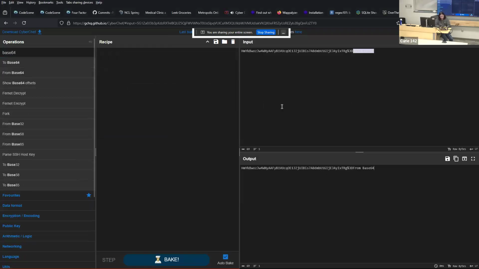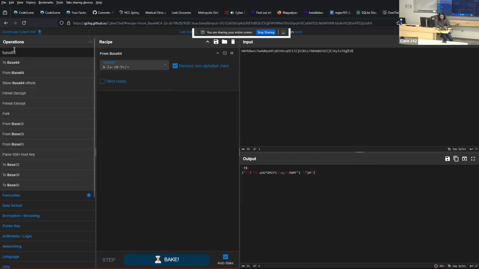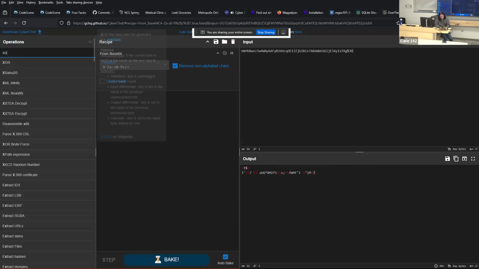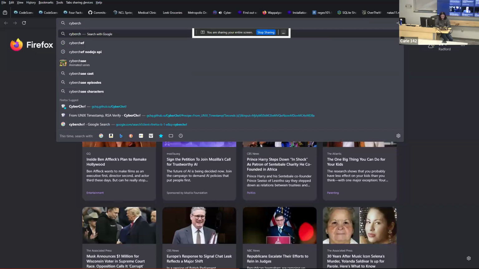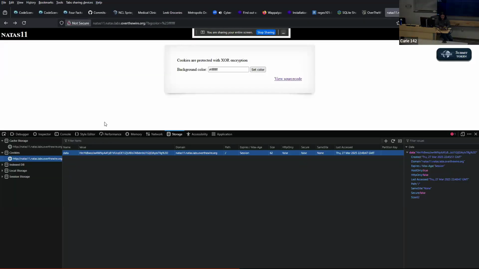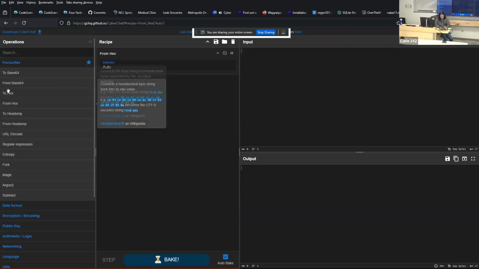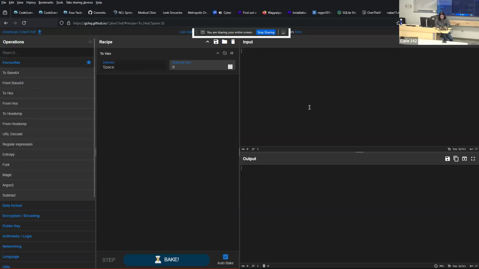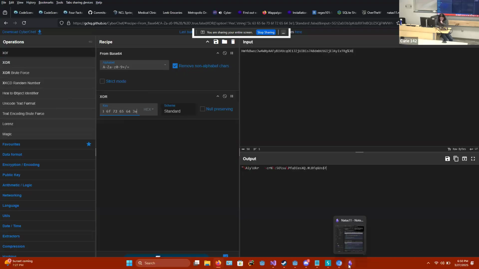So we take it from base 64. No, not there. We assume it looks like that, and I believe we take that from X, by XOR, and then we XOR the. So I put another window here and just do CyberChef again. And grab this. Let's say to hex. But it still doesn't look quite right. What else did I do here? Can we try,